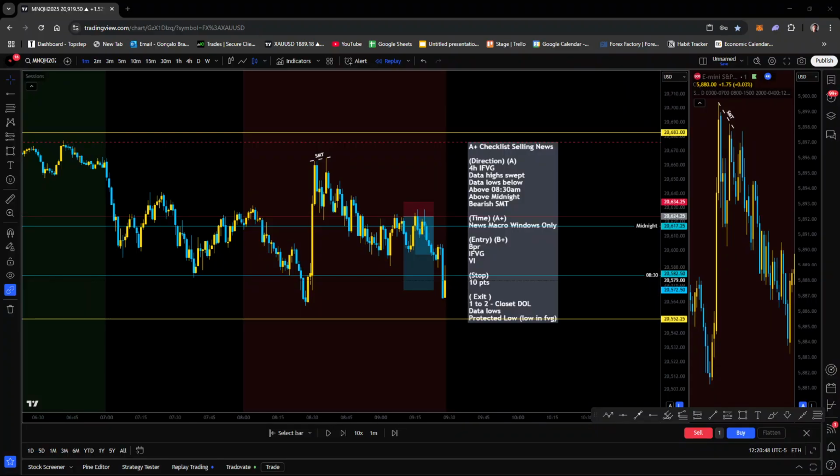Trading red folder news events can either be your worst trading day of the month or the best, depending on how you approach the markets. Now, we're going to break this down in detail today. How can you actually capitalize on these red folder news events